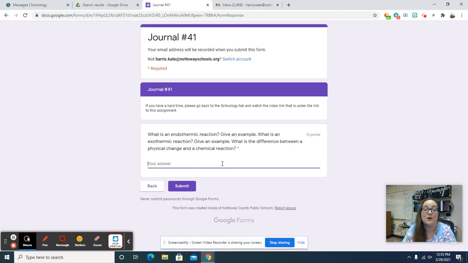All right, here we go. So an endothermic reaction. Endo is E-N-D-O. En means in, from Latin. So an endotherm, heat. Endothermic reaction takes heat in. So takes heat in. And then give an example,